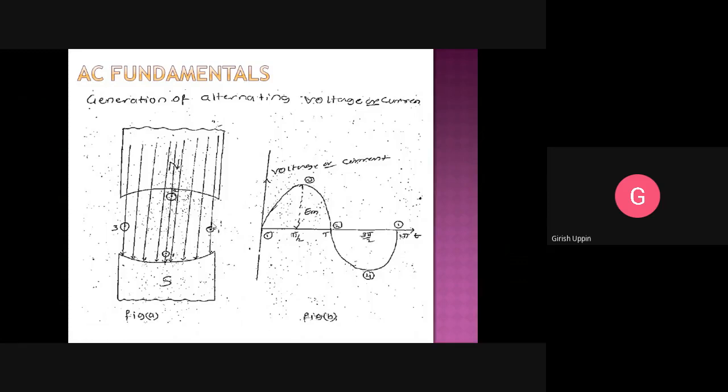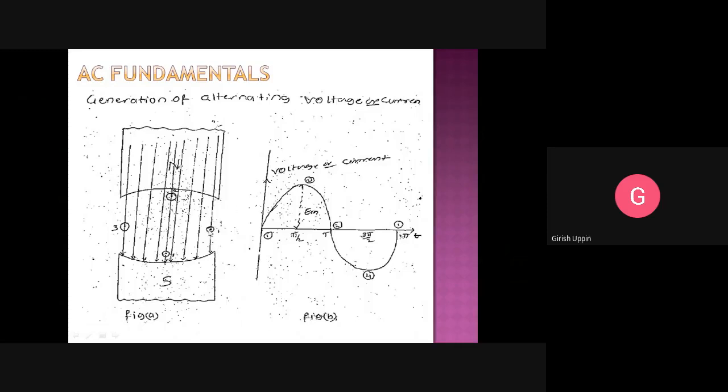In the front view, the conductor appears as a circle, and it has a length of L meter. This conductor is rotated in this magnetic field, and the magnetic field density is B Weber per meter square. These are the magnetic lines of force, and the conductor is rotated in this field with the angular velocity of omega or linear velocity of v meter per second. Now we'll consider this particular example.